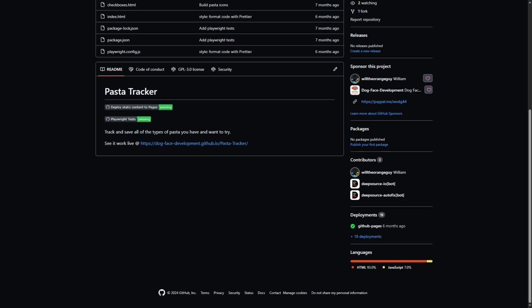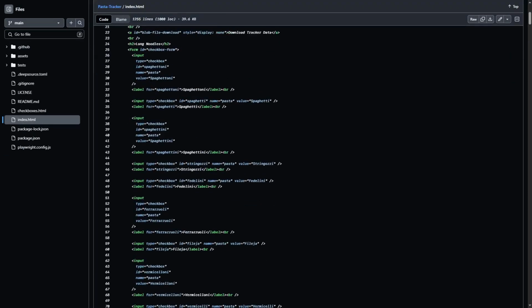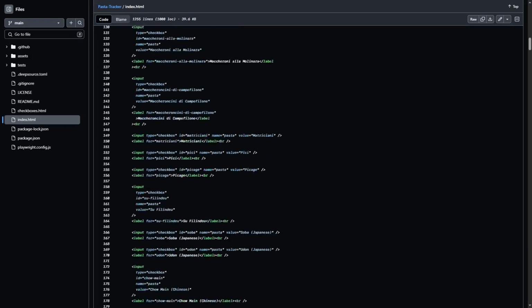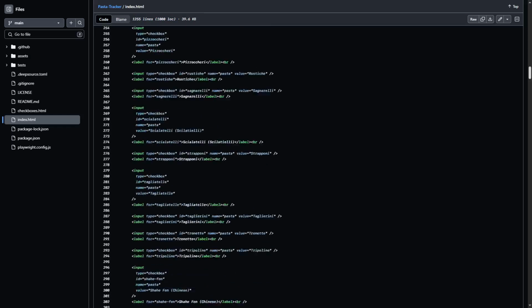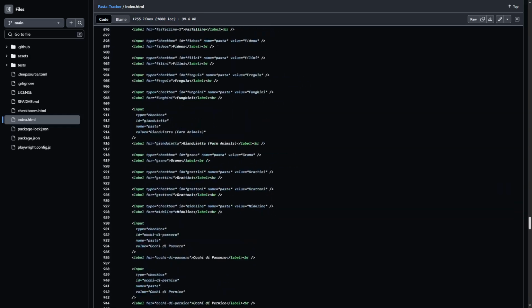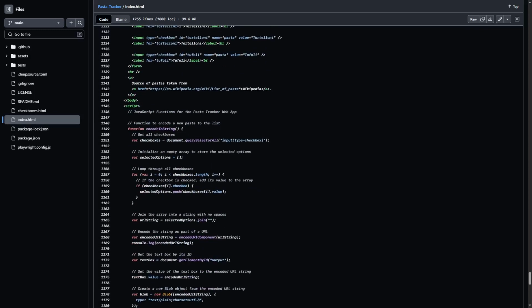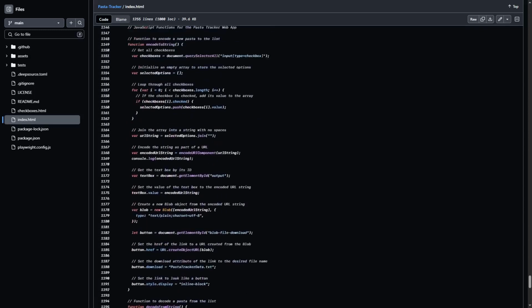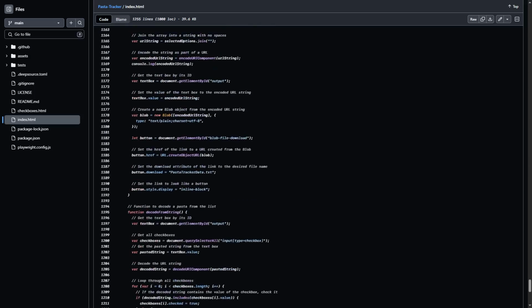Let's go look at the main index file for right now. If we click on the index file here, it's just a list of pastas. It's 1,255 lines. 1,000 of them exactly have actual lines of code, which is kind of funny. That is that number. And it's just a big, long list of pastas. And then at the bottom here, there is some JavaScript, and that runs the checkboxes at the top, as well as a separate JavaScript file that imports it. Now we'll go over to the